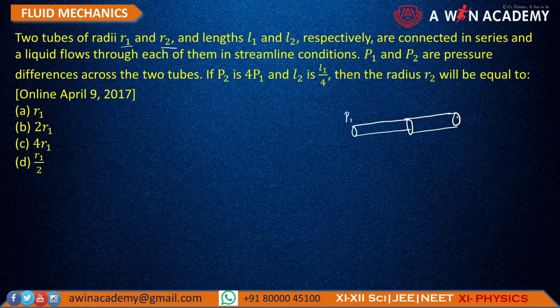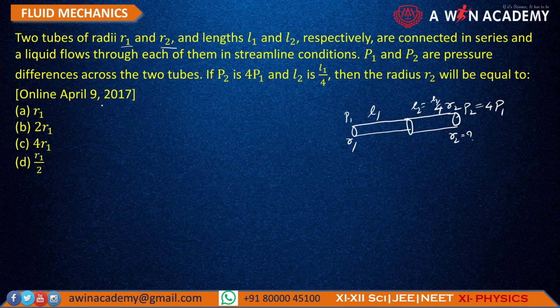There will be pressure P1 and another pressure P2, and the data is also given. लेंथ L1 L2, यहाँ रेडियस R1 है, यहाँ रेडियस R2 है, प्रेशर P2 इज 4P1. तो हमें ये R2 फाइंड करना है। लेंथ के बारे में कुछ बात की है, दिस इज L1, L2 इज L1 by 4 है। तो ये डेटा हमें दिया हुआ है और इसमें से हमें बताना है कि रेडियस ऑफ सेकंड पाइप व्हाट।